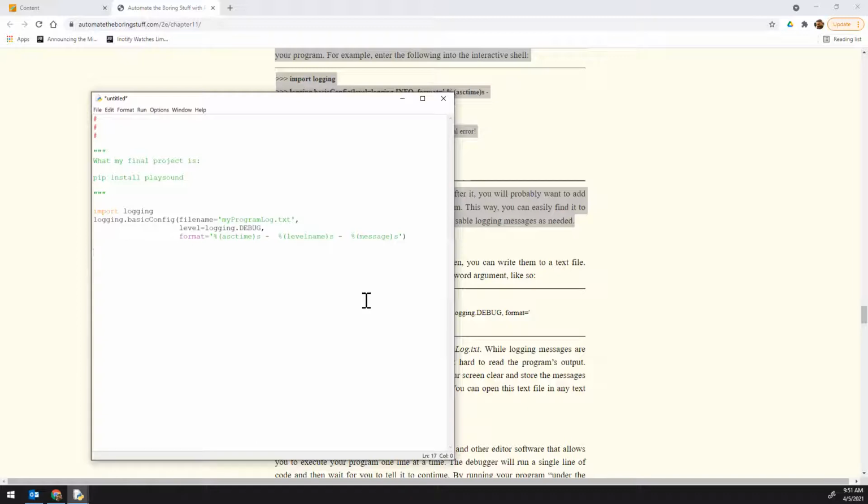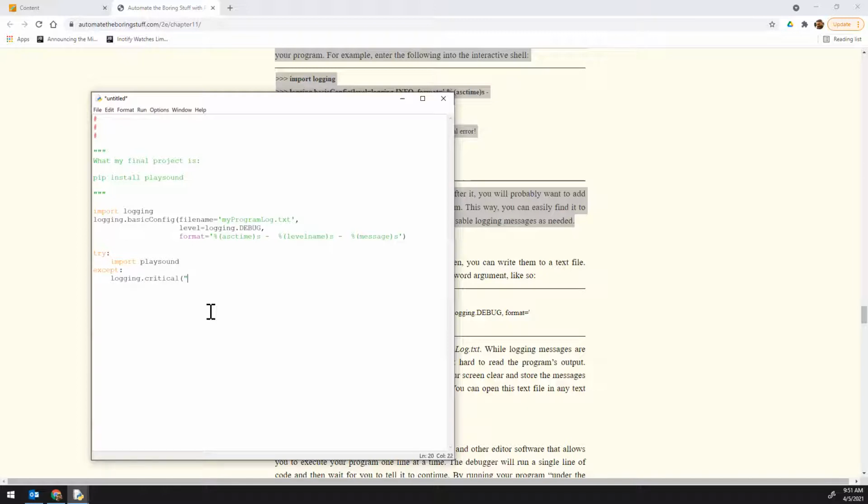If I just do an import play sound and I don't have that play sound package installed, my program's going to crash. That would be points off on your project. Your program should never crash. What it should do though is tell me that I need to run this command. So to do that, we can use a try statement, and we can try to import play sound. If that fails on an exception, then in our except statement, we would say something like